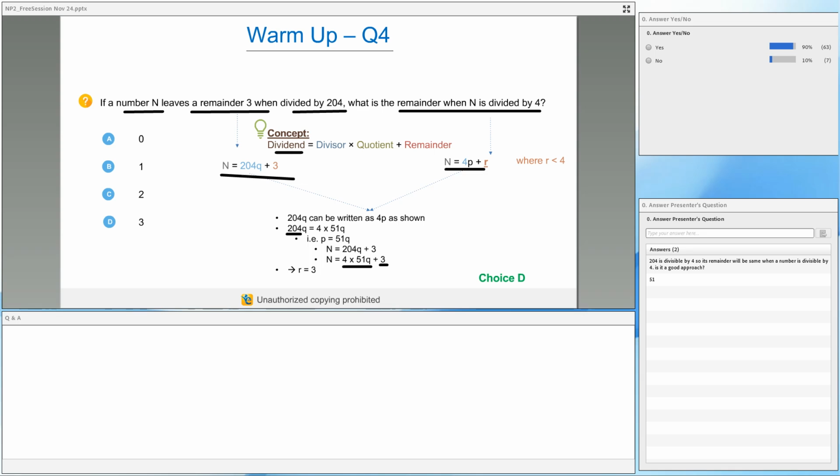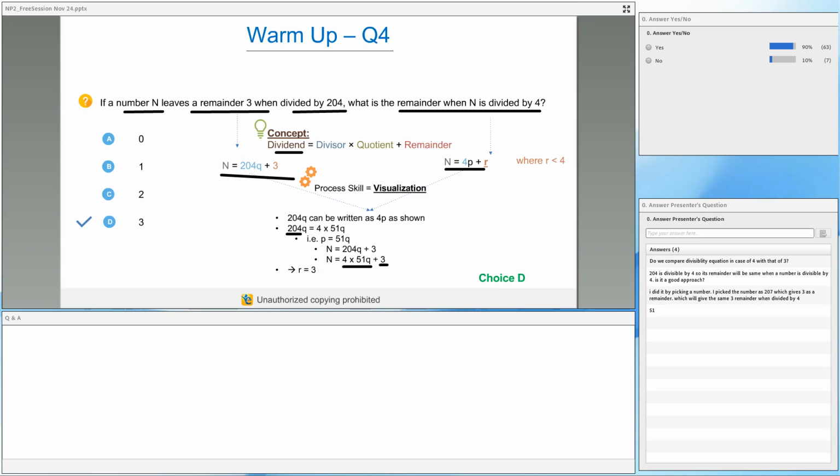Okay, somebody is asking what. So see, there can be hypothetical scenarios. If you say what if n is 0 by 205, then in that case I'll say we cannot find out the answer, Rachit, because I don't know the value of q. GMAT won't test you in a question like this, because then the answer would be cannot be determined. I hope that answers your question, Rachit. If I'm given 205, I know 3 divided by 205 will give me 3, but I don't know what will happen with 204 into q since I don't know the value of q. So in that case, the answer would be cannot be determined because I don't know the value of q. But please keep in mind, GMAT will not test you in questions like this.